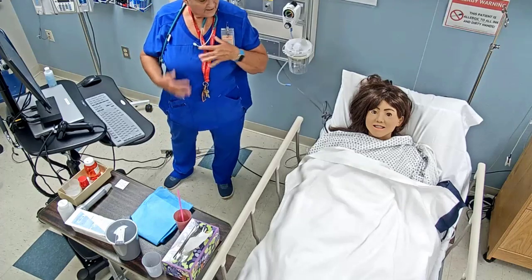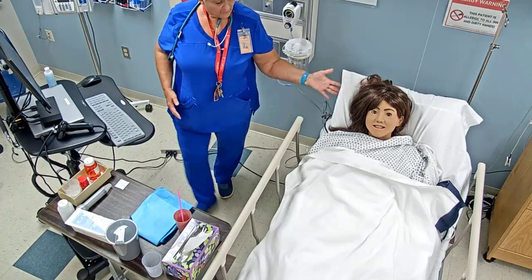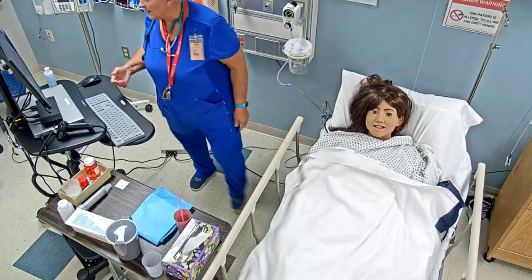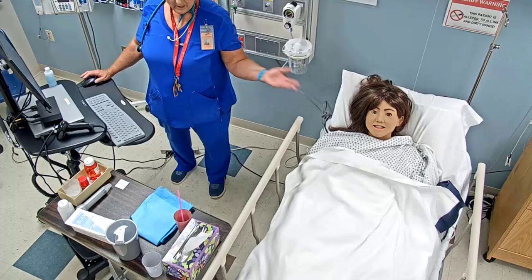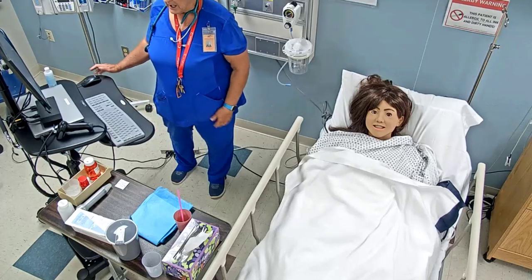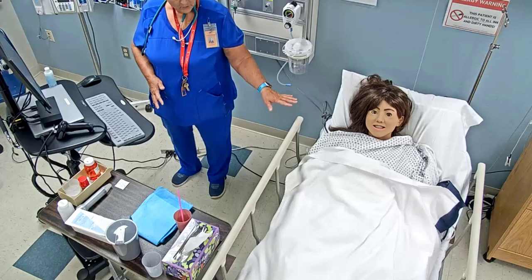And then if you feel like you are starting to have problems breathing, that maybe that's why we're keeping your head up, so you don't have any reflux and it gets down into your lungs. So we don't want to have any aspiration with that. And then we'll be documenting when we come back in 30 minutes, 20 minutes, if you were having any kind of medication problems, and what position that we left you in,